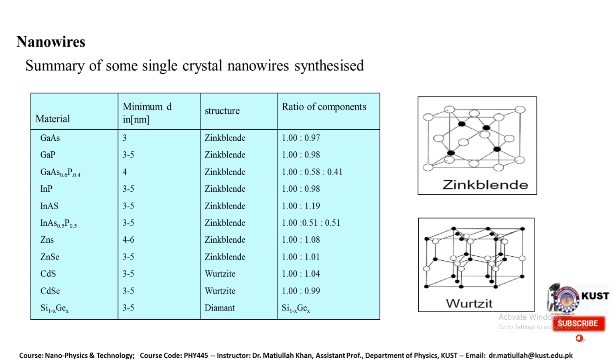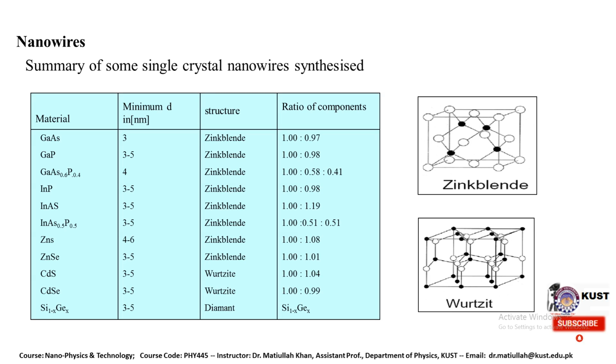We have the summary of nanowires which are produced and the minimum diameter of these nanowires. So these are single crystal nanowires which are synthesized by different techniques, and the minimum diameter is D in nanometer. So we have a material like GaAs, its diameter achieved is 3 nanometer, and it has the zinc blende structure. So we have the ratio of component as